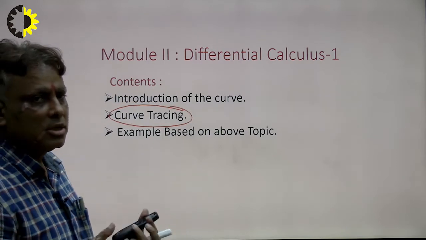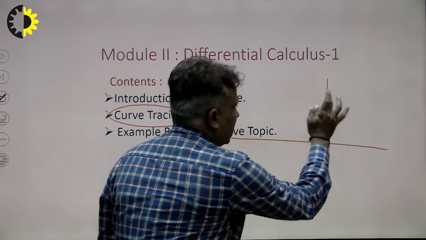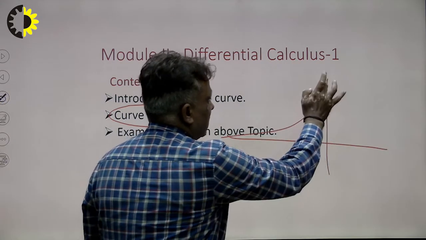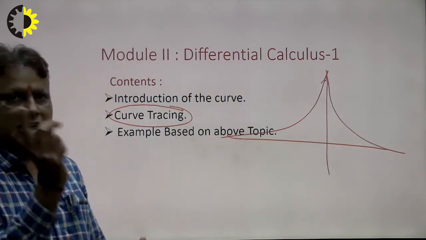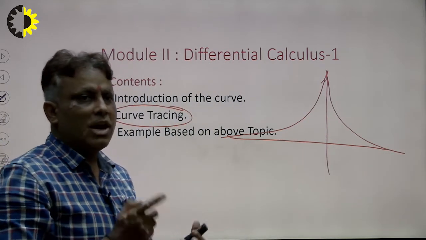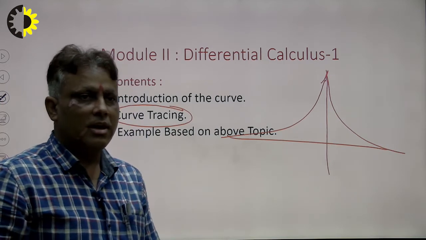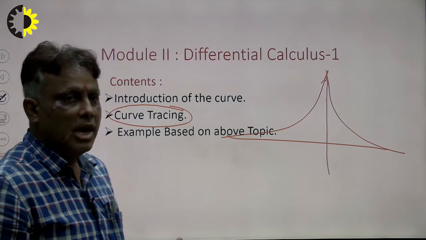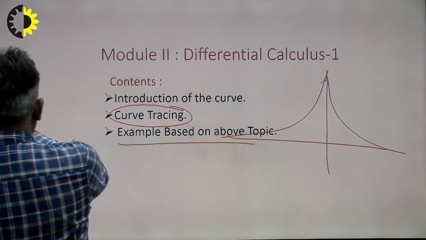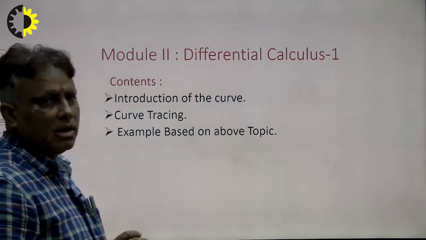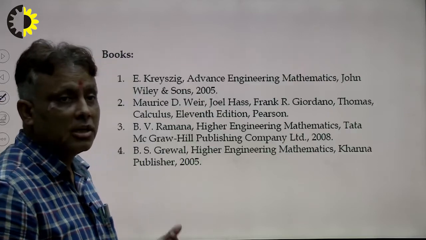For example, suppose we see the figure of a jet fighter. The figure of the jet fighter will be in this form, and it moves vertically and rotates horizontally and vertically. So in this case, what will be the position of the jet fighter? We discuss it at the end of the lecture, based on the above example of this topic. So today's lecture is very interesting and informative for the student. But the question is, how to trace the curve?